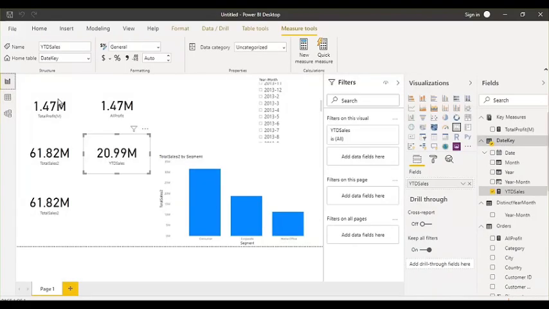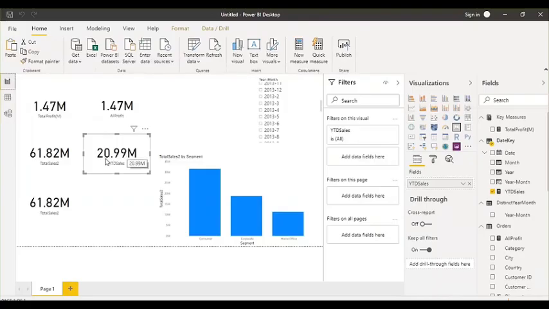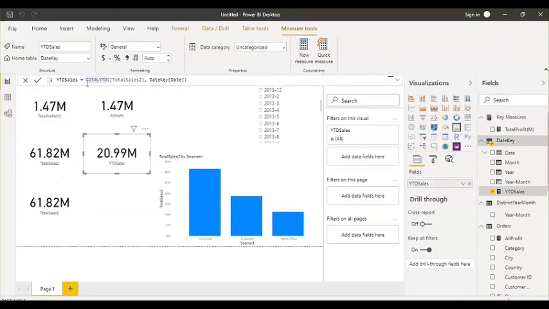Now let's go back here and you can see total YTD sale is showing you 20.99 million and your total sales is 61.82. This is your YTD only, okay. So now this measure is the YTD sales measure. It means in this measure we reused the total sales 2 measure, and now if you want YTD sales also, you can reuse this also, okay. So this is the beauty of measures, like you can reuse one measure multiple times, because it's just a calculation, okay.